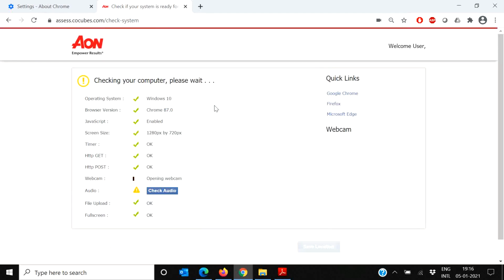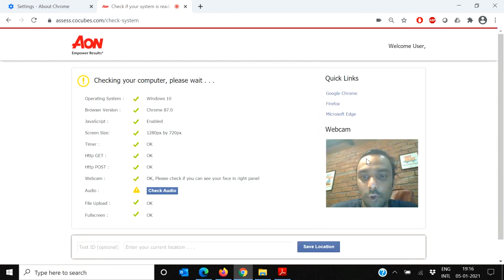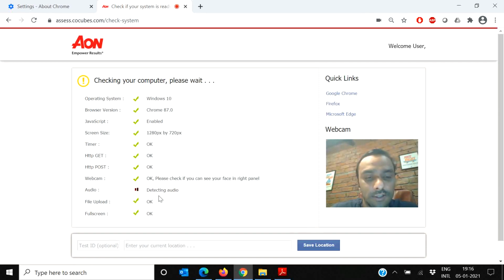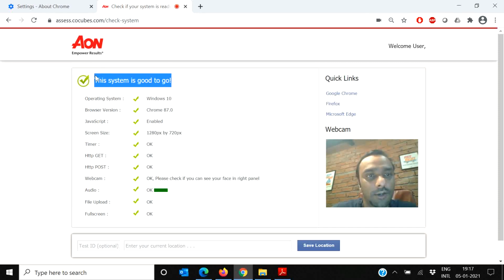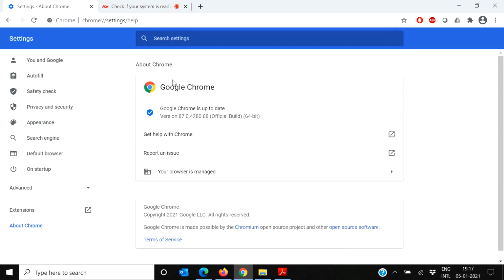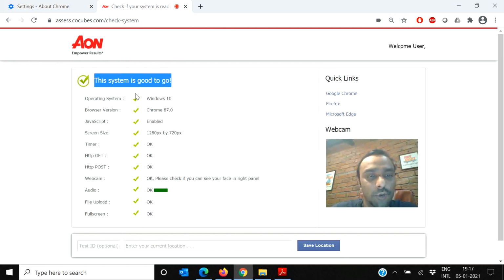When you click on this link, the system will immediately open up your webcam. It is showing here, and you need to click on this audio check. So when you click on this audio check, the system is detecting the audio. Here when it's showing green and you see the movement, that means the system is picking up your audio and your system is good to go. You need to get this message. So this is your step number 2. Step number 1, like I suggested, check whether your Google Chrome is up to date. Step number 2 is you need to check whether your webcam and your audio are working through this link.